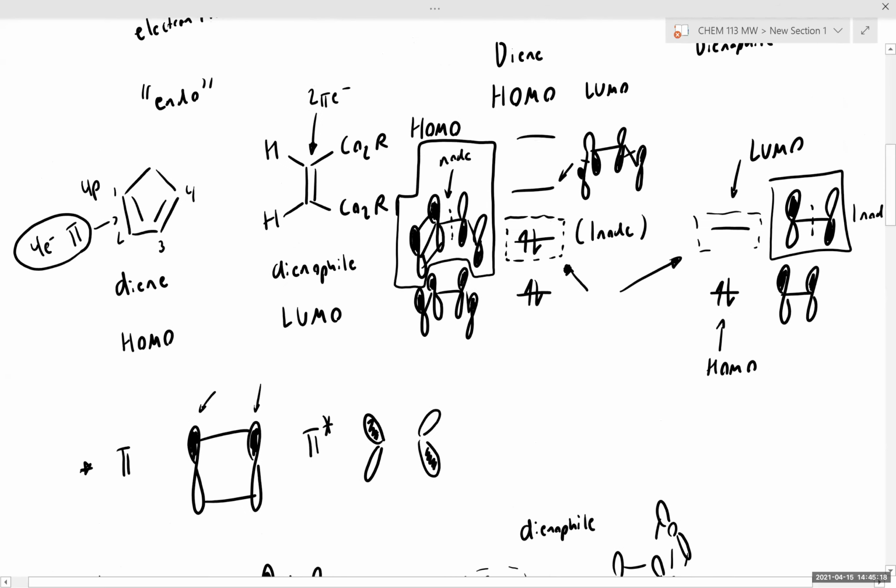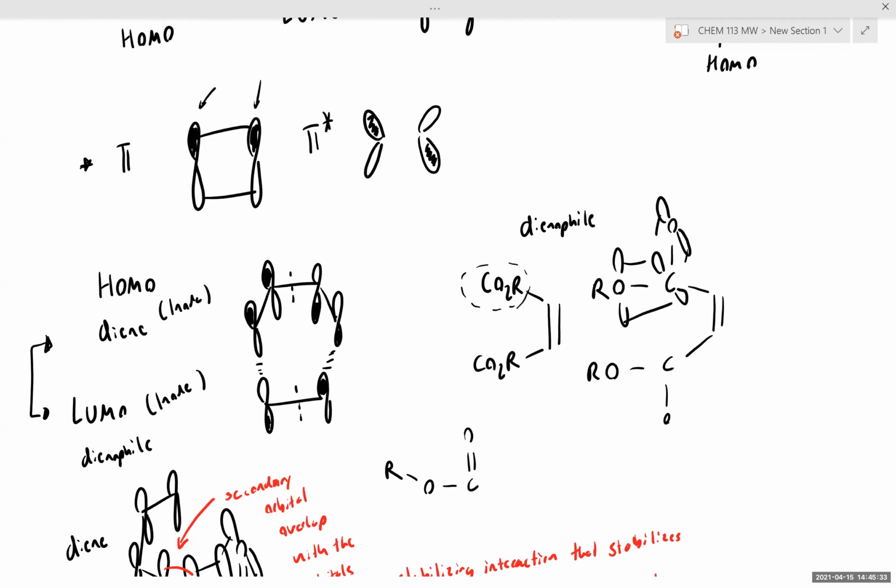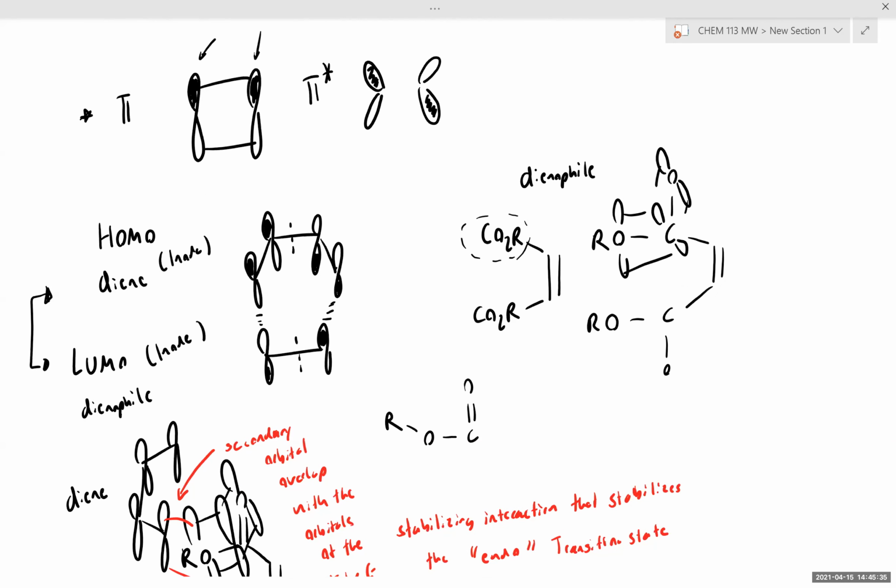So as we can see, the HOMO of the diene and LUMO of the dienophile are close in energy, and they're also properly phased for a bonding interaction. So if we look at the HOMO of the diene and the LUMO of the dienophile, and we draw them out with phasing, and we overlap our diene and dienophile molecular orbitals,